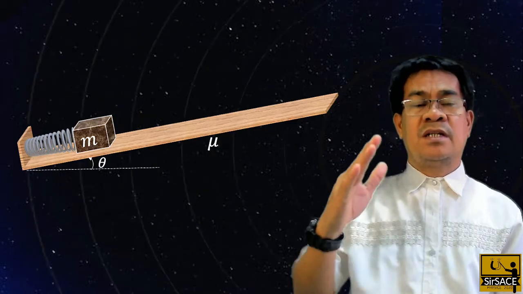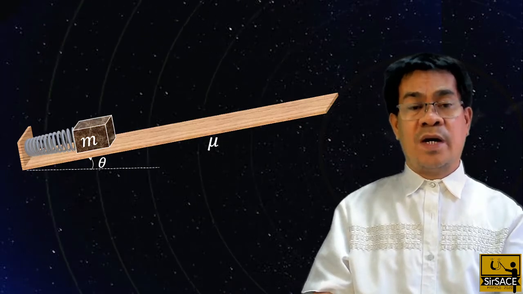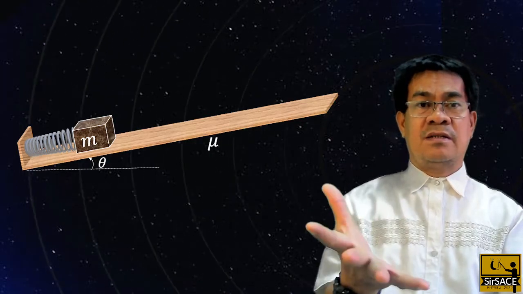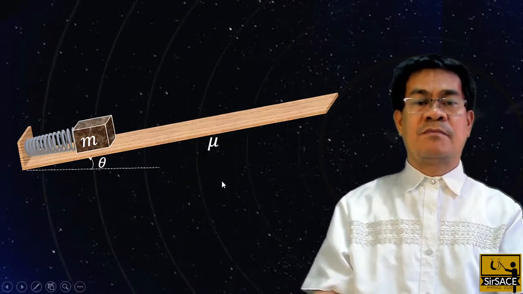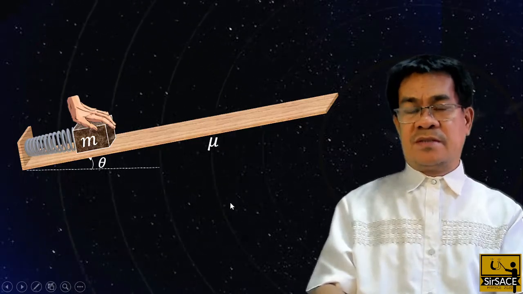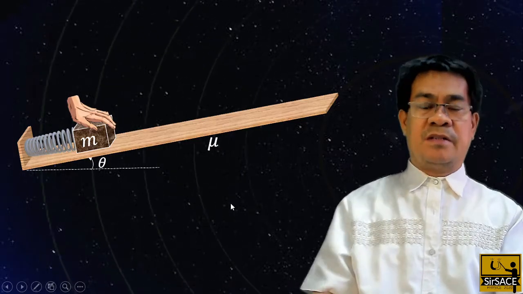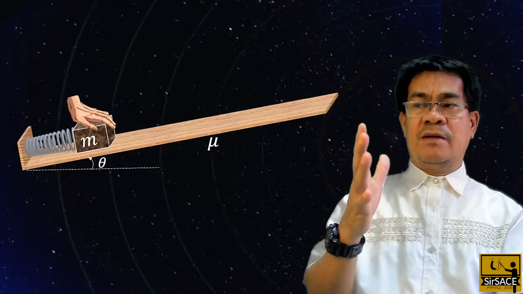Which means that the coefficient of friction should be less than 1. So meaning, less than 1, meaning this is a decimal point. This is less than 1. Okay, now if we apply a force on the object that is being connected by the spring, now you will